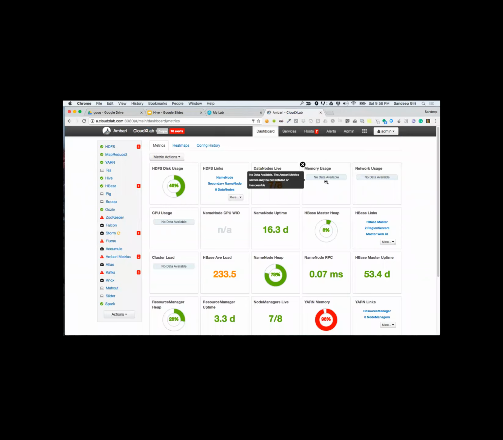Okay, so Priya, were you able to execute select star from u underscore data? All right, let's try to do a simple thing first.